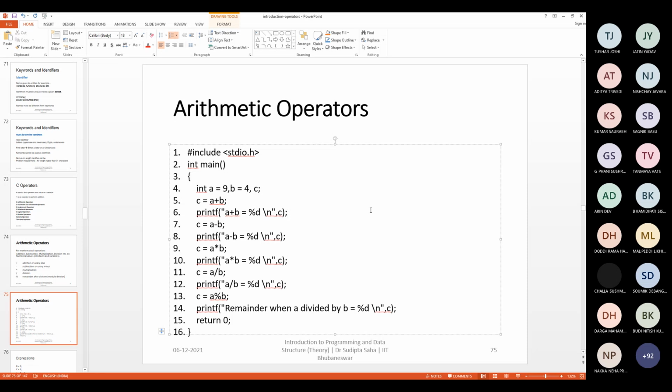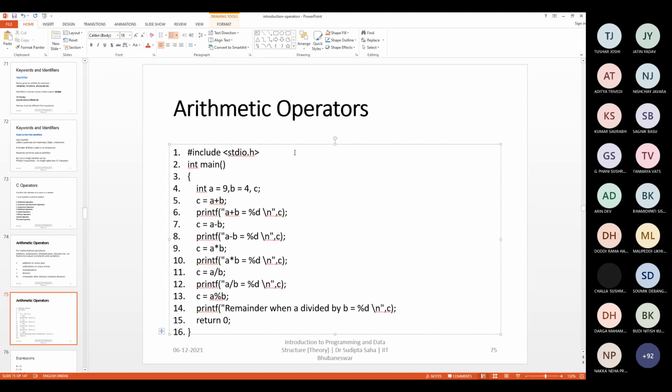Now you are using a third temporary variable, maybe say D, or temp. So there you are storing the value of A and B, and then putting the value of A and B together, the plus addition operation, after doing that to C. So one thing you should remember, when you are doing this C is equal to A plus B, you are not changing the original values of A and B. They are remaining the same. C initially had no value. We have not initialized C with any other value. So it will contain garbage value. It will contain some default, some any other value it may contain. So that is dangerous also. We'll have to discuss about it later.